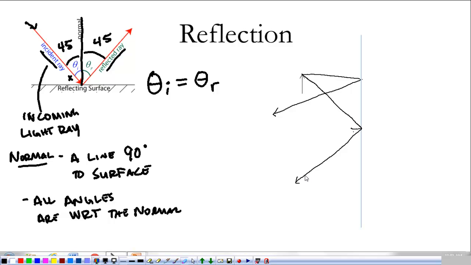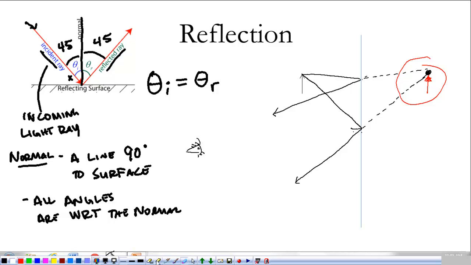Now, we're going to talk about why we see a reflection. So you're going to have to deal with it. I'm not great at drawing eyes, but let's pretend this is an eye, with eyelashes and all that stuff. As you see these two bits of light, what you do is trace them back to where they might be coming from. You trace them back to a potential source. And what you see is a place behind the mirror where those rays appear to be coming from. And behind the mirror, this is a terrible illustration by the way, your eye forms an image.